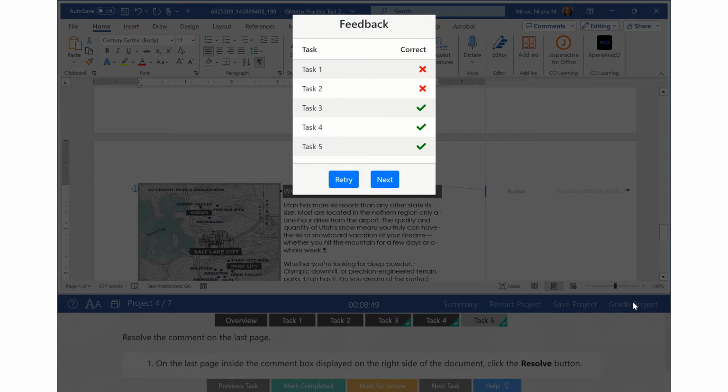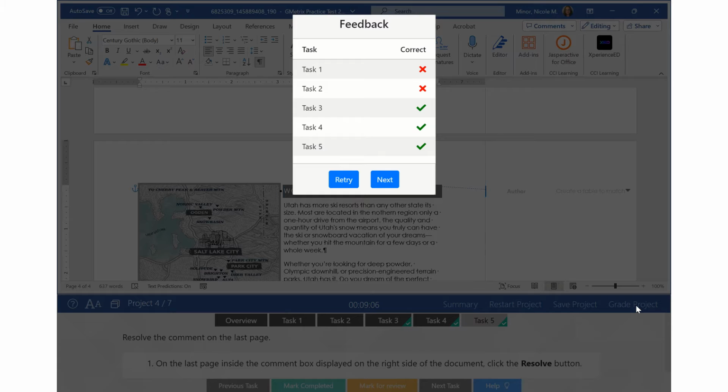I missed the first 2 because I didn't do them this time around. I actually started a new test that I resumed and hadn't done any of the ones. So you hopefully got all 5 green check marks, unless you just started with me today, and then this is what yours looks like too. Now, at this point, if I was working at home and trying to get to 70%,